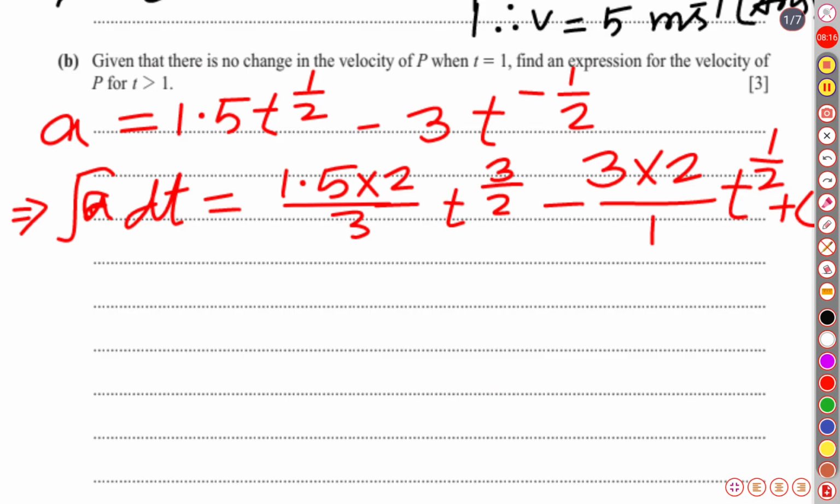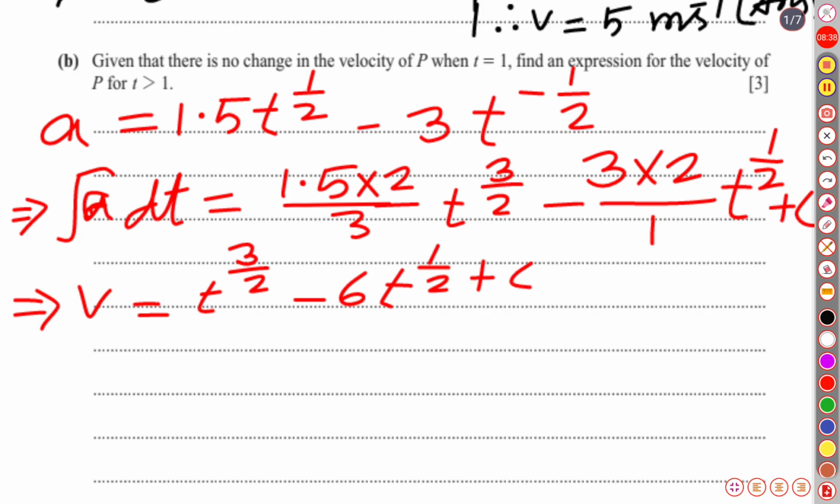Well, then the velocity is going to be v = 1.5 × 2/3, so it is nothing but t^(3/2) minus 6 t^(1/2), then plus a constant number. Now let's see, they have told that t is equal to 1 when